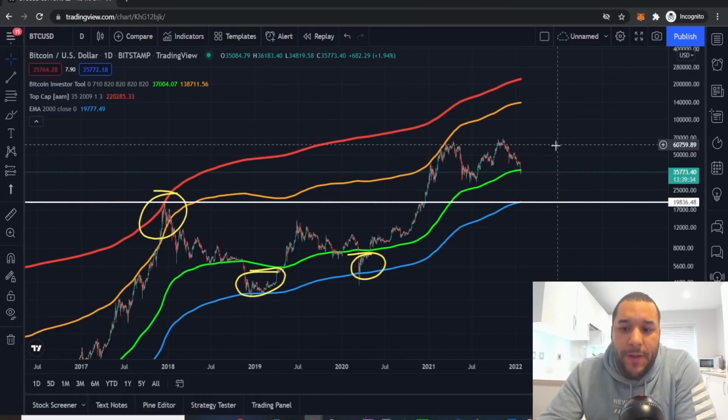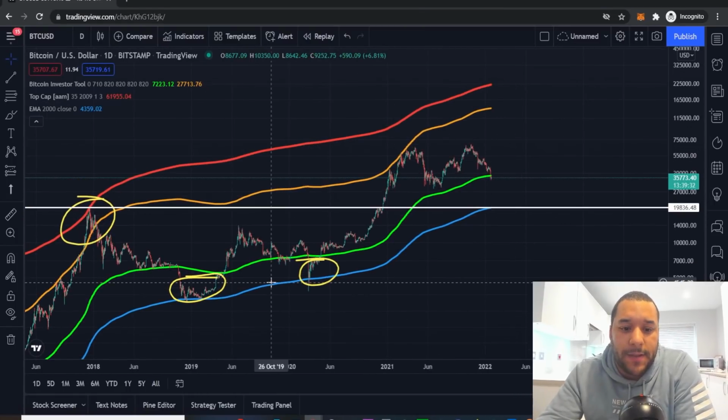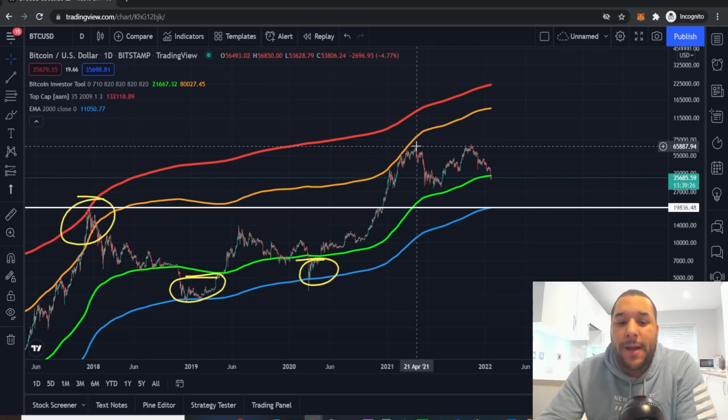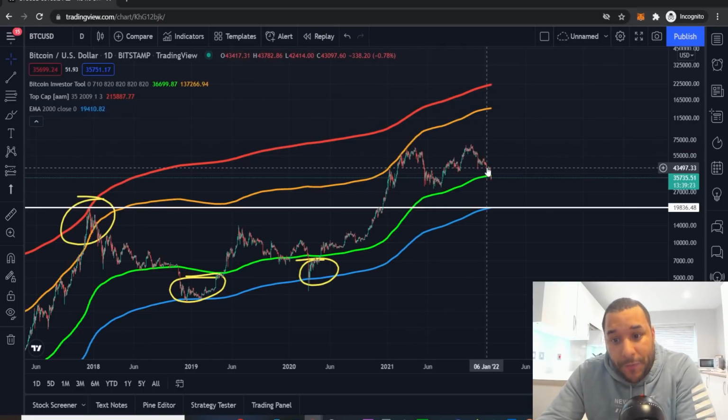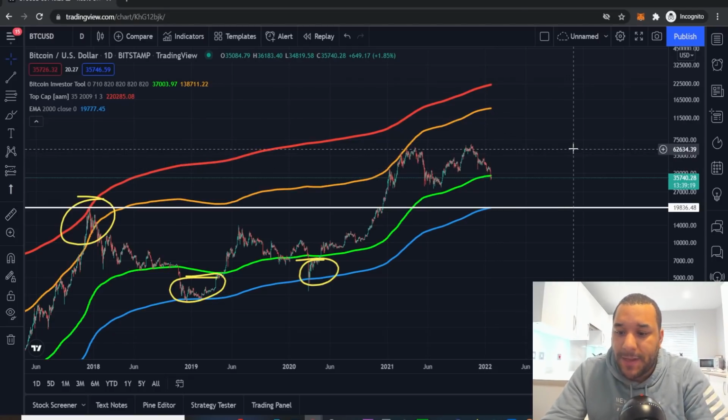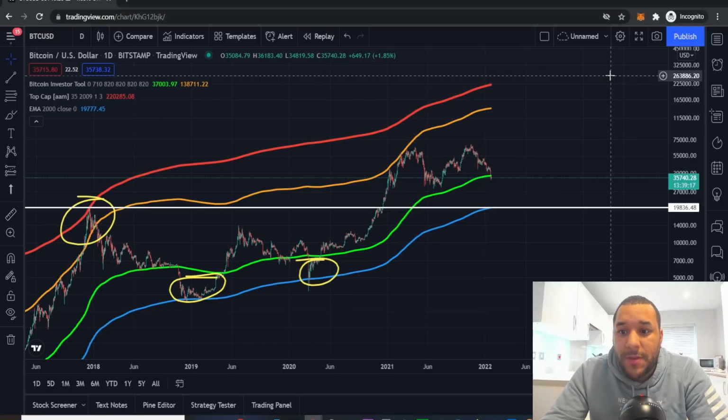Another thing to mention is, are we in this extended cycle? Because I said this before, and I feel like we are. I feel like Bitcoin is on a massive bull run, right from 2018. And I know a lot of you guys feel like this is the top. But I think this is the mid-cycle of the long extended bull cycle, which means that it could pan out to 2023, May, June. And then we